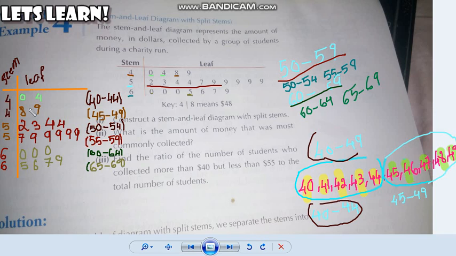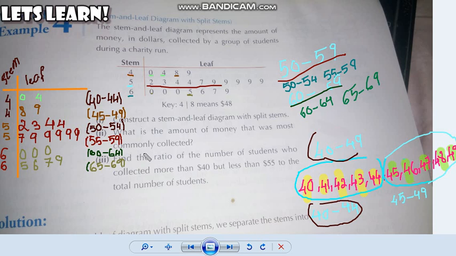If you see, we have successfully split this diagram into different splits. Here you will notice that I'm writing one number below the other. I know I'm working on the computer, but when you're working on paper, you have to make sure your numbers are beneath the others. The numbers in the 40s range I have written in front of the 4, those in the 50s range up to 59 are written in front of the 5, and so it happens for the 6.